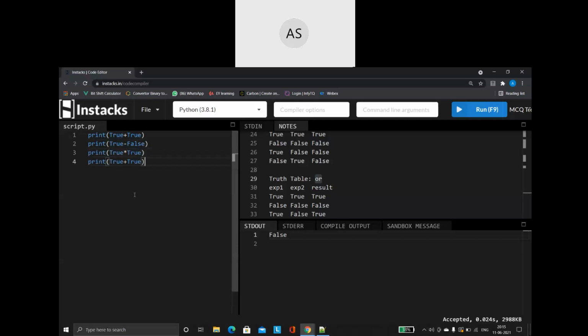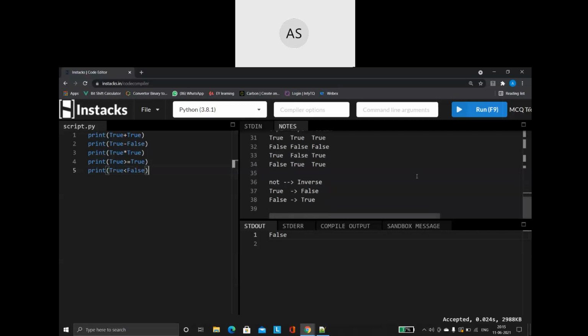Next thing I'm saying true greater than or equal to true. Then I'm saying true less than false. So what is going to happen when I'm making use of these operators on a Boolean value?